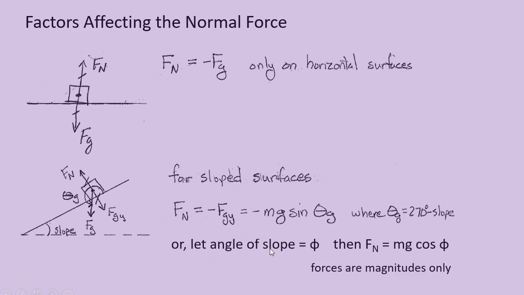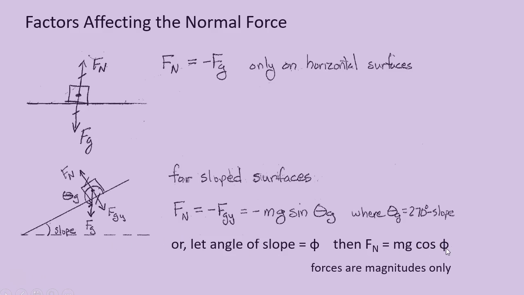If we let the angle of the slope equal phi, then the normal force is equal to the mass times the gravitational field strength times the cosine of phi. Now this equation is only dealing with the magnitudes of the forces. This is not giving you any directional signs. So the normal force is equal to mass times g times the cosine of the angle of the slope, which